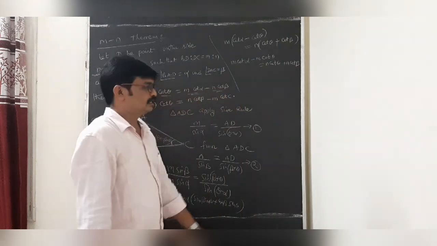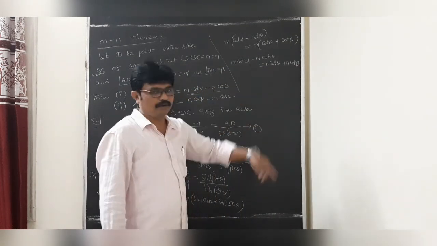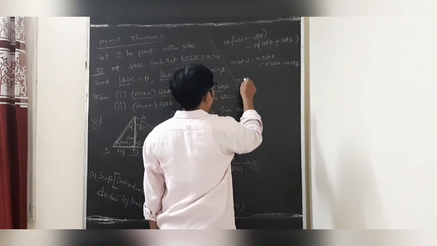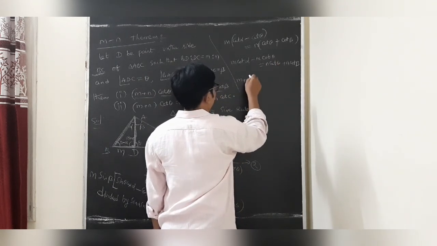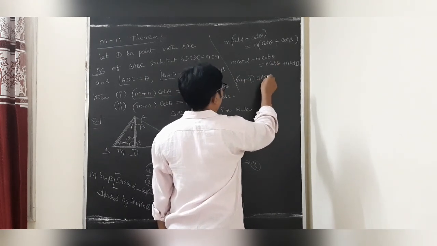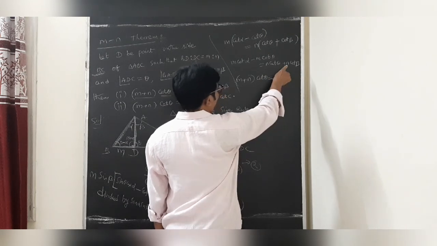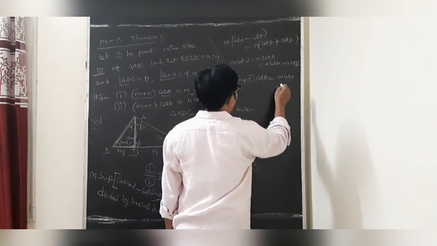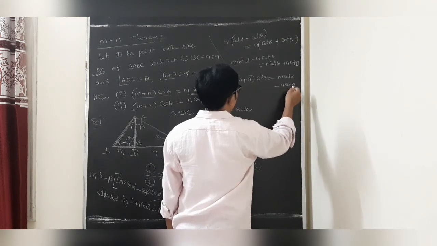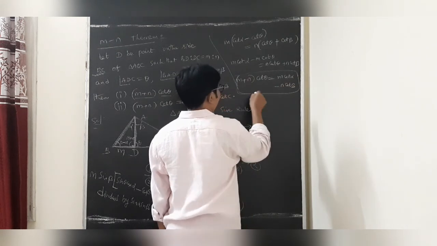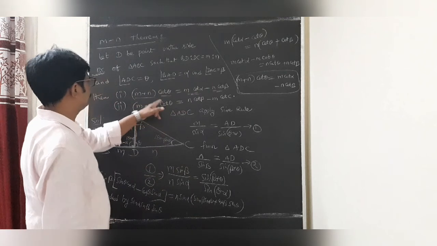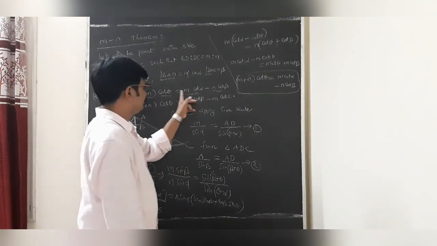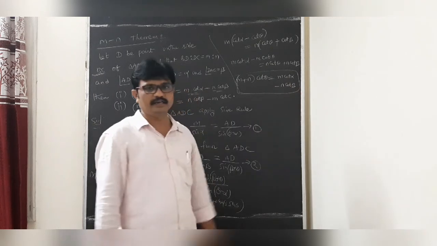Dear students, this will be sent to the other side. (m plus n) cot theta: minus m is sent to the other side, cot theta is common. (m plus n) into cot theta equals, dear students, this will be sent to the other side, m cot alpha minus n cot beta. This is called the m-n theorem. (m plus n) cot theta equals m cot alpha minus n cot beta.